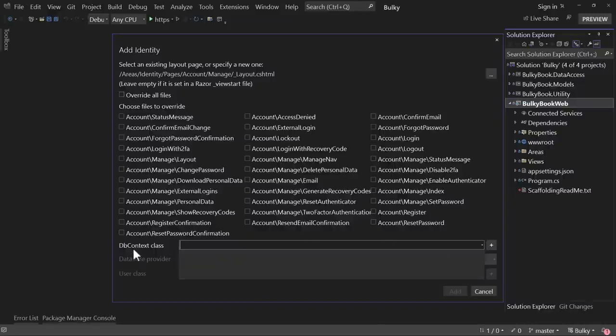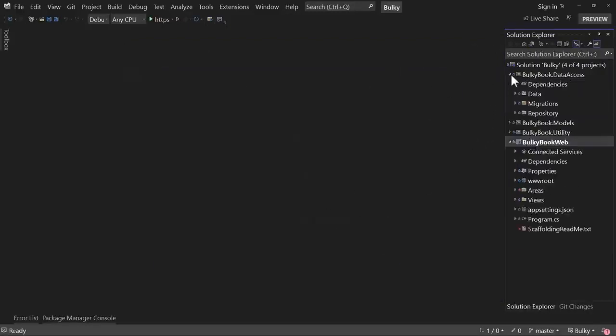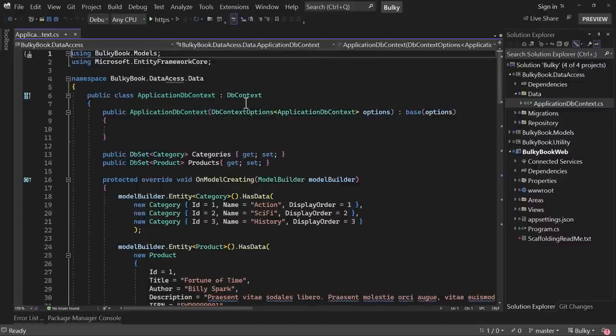Now we already have a DB context in the data access, but you can see that is not being detected here. The reason it is not being detected is not because it is in its own project, it is because when we have a DB context for identity, we need to do some configuration, and we will do that before we continue. If I open the DB context that we have, which is application DB context, that basically implements the